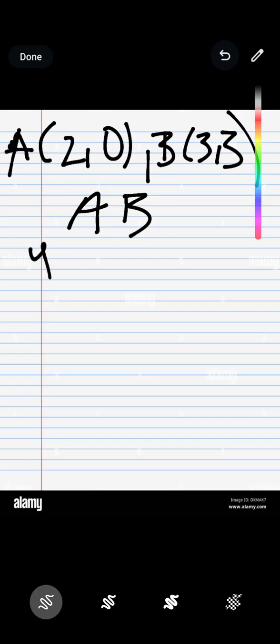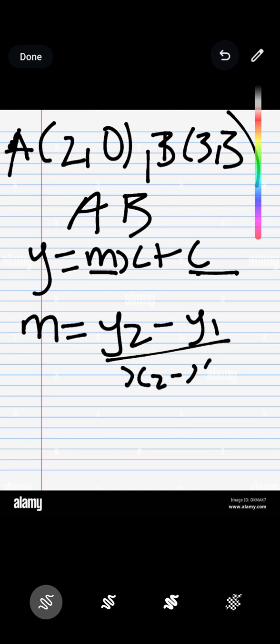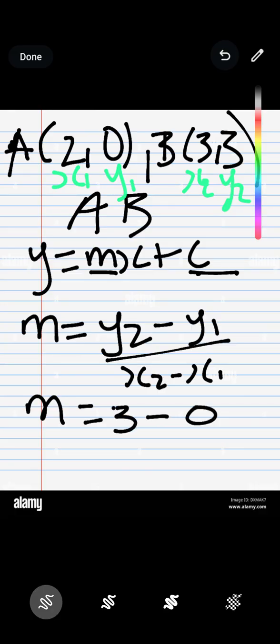Remember the equation is this. This is the equation of a straight line. So all we need is m and c. The first step is to find m. M is the gradient. The formula for gradient, like we discussed, is y2 minus y1 over x2 minus x1. The first step is to name your coordinates x1, y1, x2, y2. After that, you are going to have m equals y2, which is 3, minus y1, which is 0, over x2, which is 3,